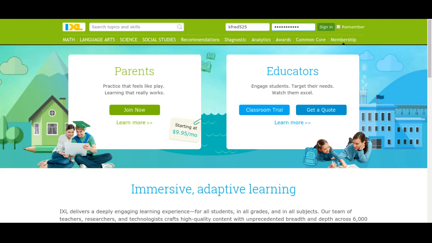Today we are going to be looking at iXL, which is the mathematics program we are going to be using this semester for additional practice. One thing about iXL is if you do not sign in, your progress will not be saved. So make sure up here at the top of the screen, you put in your username and password and click